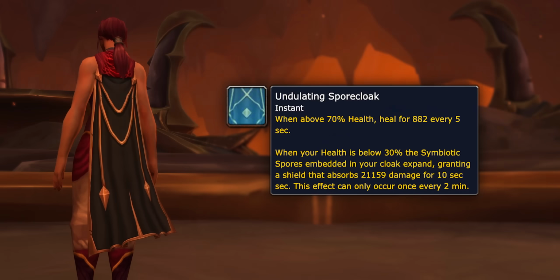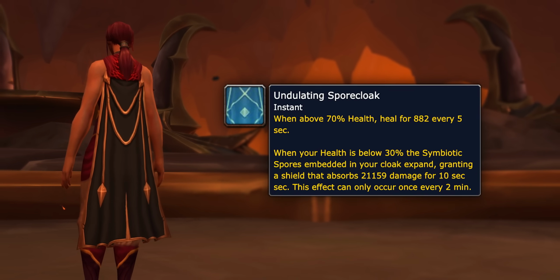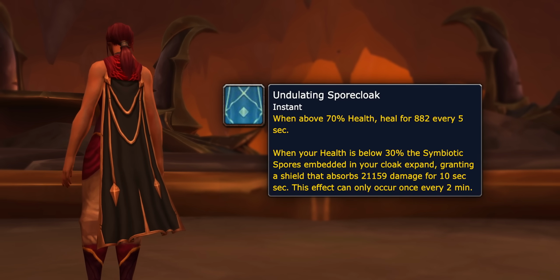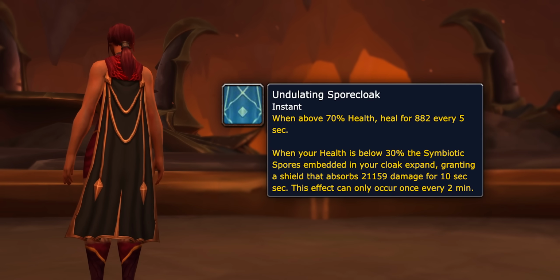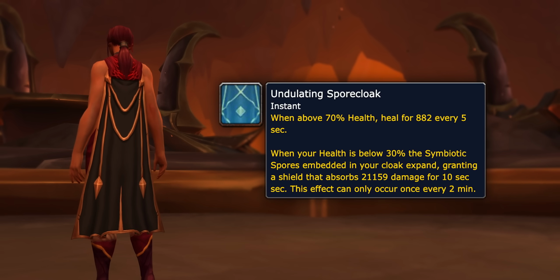Tailors can make the Undulating Spore Cloak. It heals you constantly, I think every 5 seconds while you're above 70% health. And then when you drop below 30% health, it'll provide you a shield once every 2 minutes, which is amazing sustainability. I mean, if you were thinking of going back to solo an old raid, this will be cool,